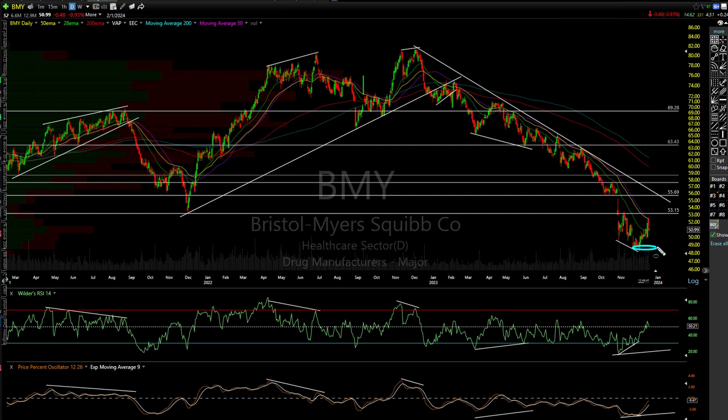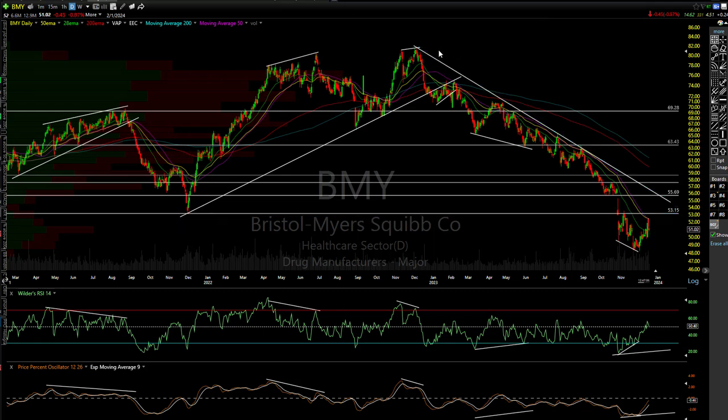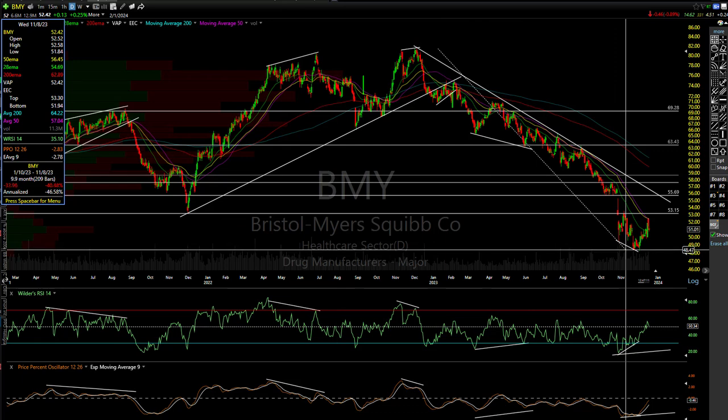You have a divergent low. You can put a stop right under the recent low. You can buy it here with a tight stop if you think this is going to carry up here. Targets would be right there, 53.15. That's its previous reaction low from when the market bottomed back then in October, November. And then you have a beautiful downtrend line. Now this is its bear market downtrend line. This stock is a sick stock. This is BMY, great company, Bristol Myers Squibb, been around forever.